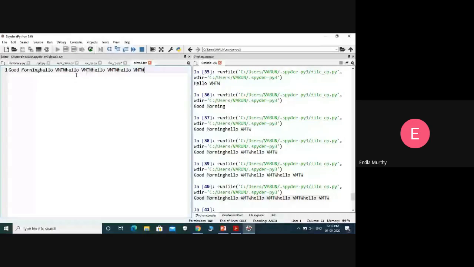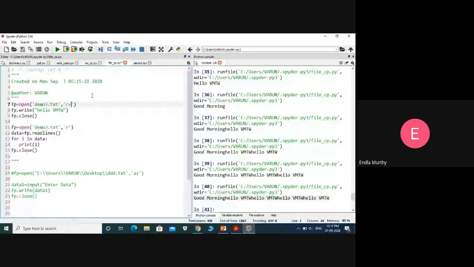So if you observe demo3, I have some data already. So now I am entering hello world, sorry, hello vmtw. So hello vmtw I have multiple times, like 3-4 times already, right? So now if you execute this, if it appends, then we need to have hello vmtw 5 times. Otherwise, the file has only hello vmtw, right?